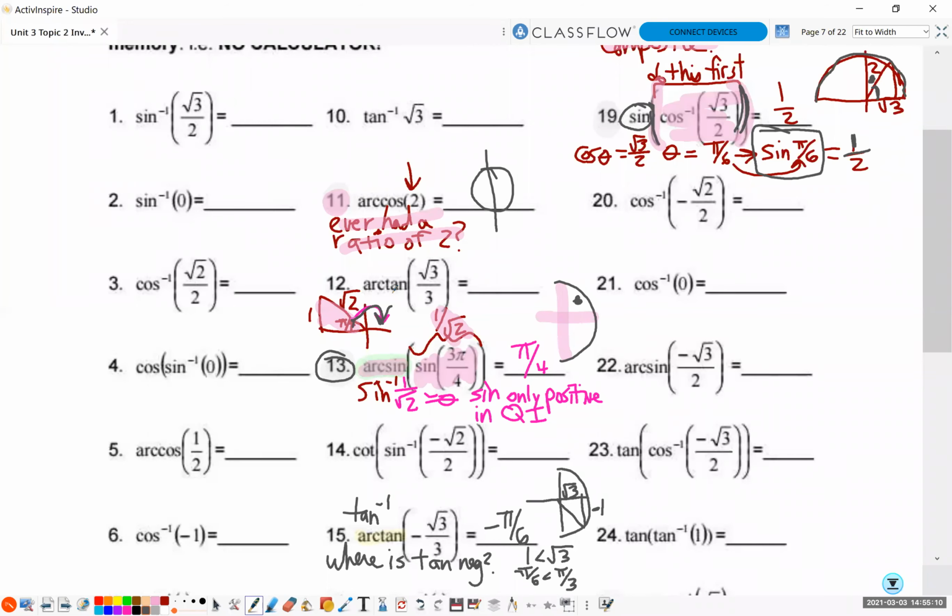And now you're looking at 1 over square root of 2. So now your triangle is going to be here. If it's 1 over square root of 2, that's got to be a pi over 4 angle in quadrant 1. So sometimes with these composite functions, you're going to start in one quadrant, and then based on the answer in the parentheses and your restrictions on the domain, you're going to have to switch to another quadrant